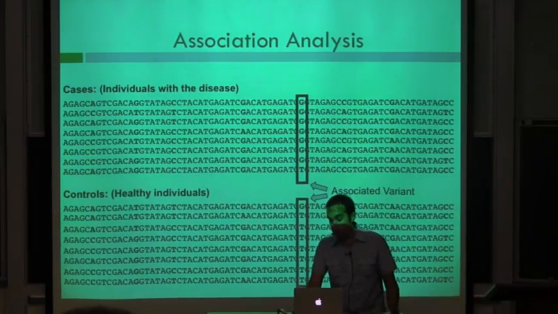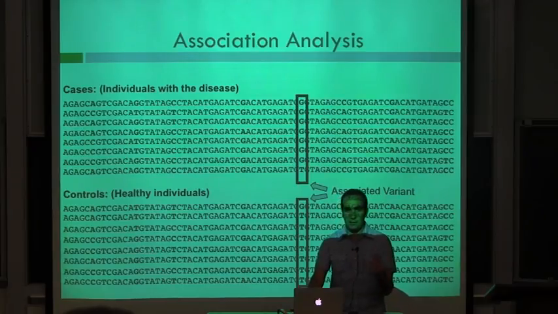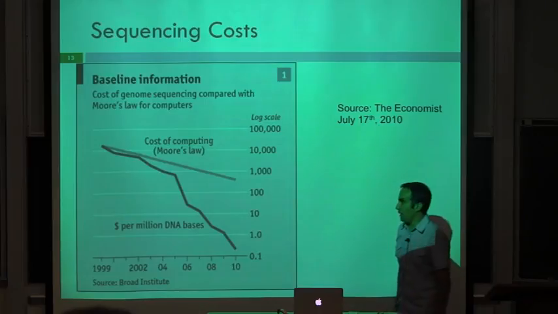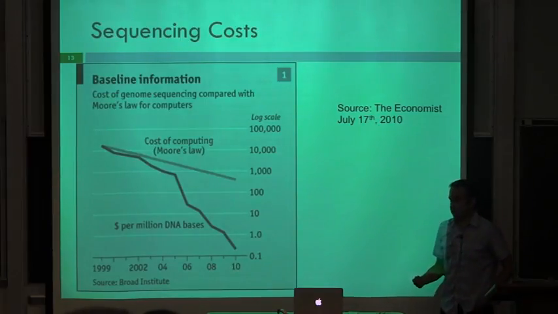Okay, so why are people doing these studies now? This is such an obvious idea, right? This is not like you guys thought of this idea in 2 minutes of hearing about it. So why are people doing it now? Well, the main reason is because the cost of collecting DNA genetic variation is